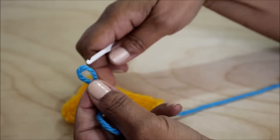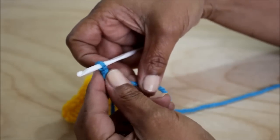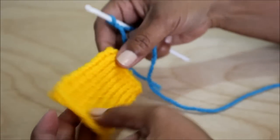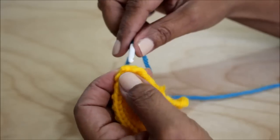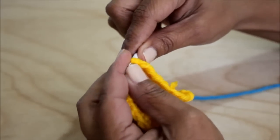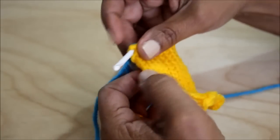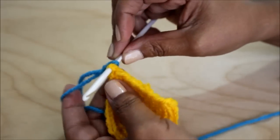And now you're going to take your crochet hook and feed it through that loop, tighten the knot, and now take that hook to the corner of your fabric. And you're going to insert it through the loops in the corner like this. Then get the working yarn and you're going to wrap it around your crochet hook and create a